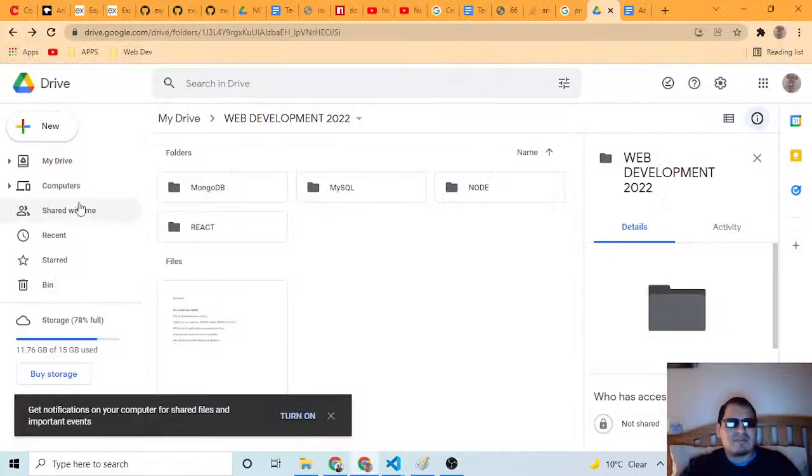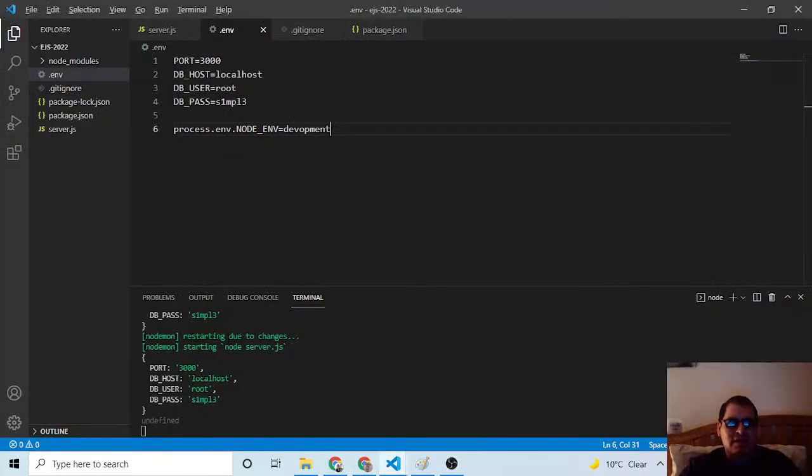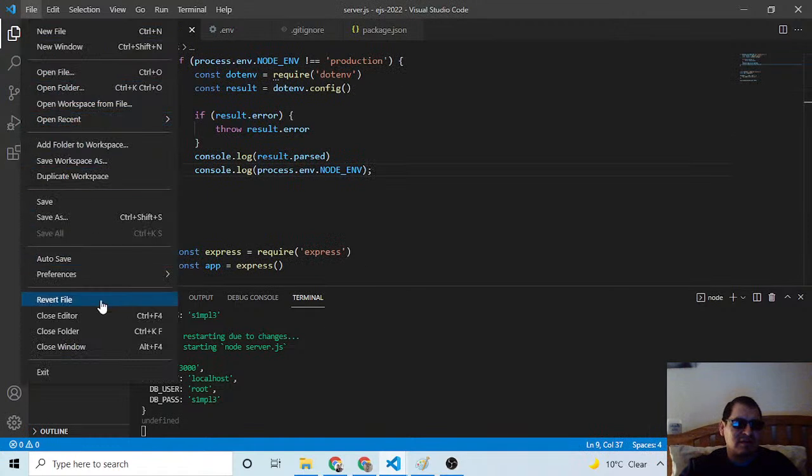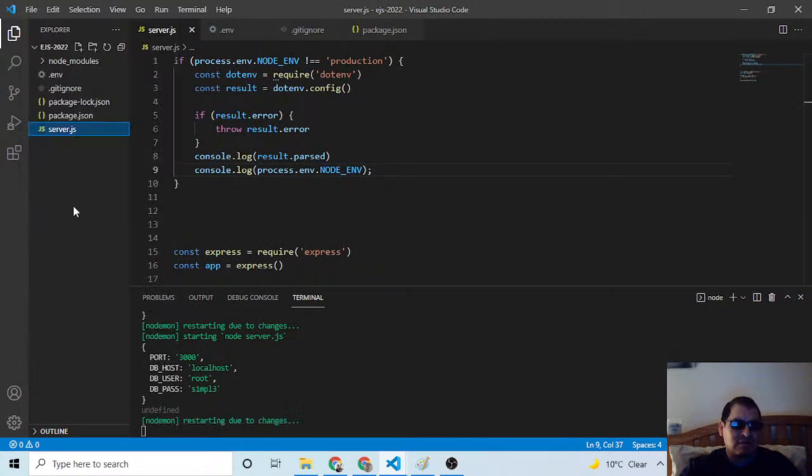Let me see if this works. Save. Undefined. What? Development. No, this is wrong.